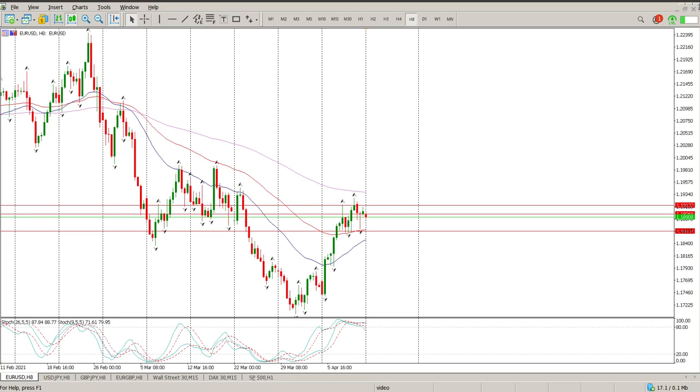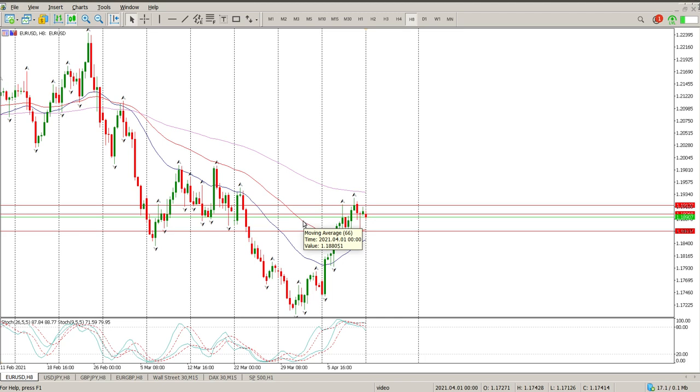So as usual, starting off with Euro USD, and you can see the latter part of last week was all about consolidation, but also looking a bit like barbed wire, tails to the upside, tails to the downside. Now this massive pin bar and these tails over here off a moving average, and you can see there that's a